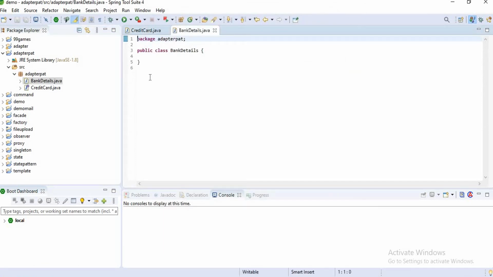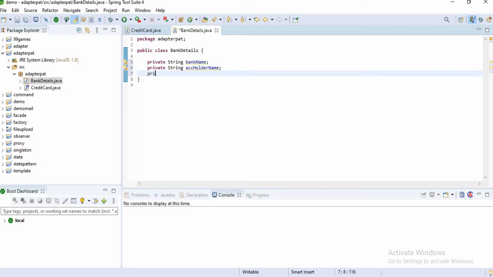Now I want to add some variables here. I want to add 3 variables and I want to generate setters and getters for them. Private String bankName, private String accountHolderName, private long accountNumber.